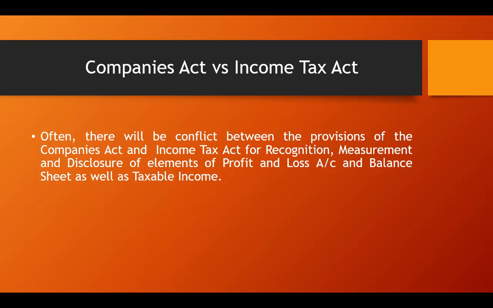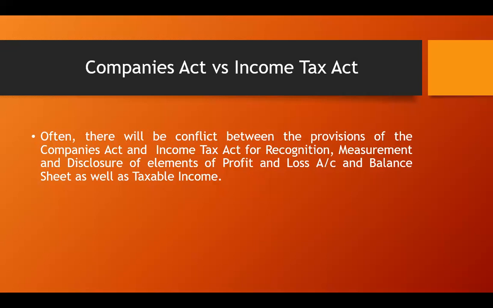How to measure the expenses and income, assets and liabilities. There are different measurement methods. We use those methods. And finally, we disclose the expenses and income, assets and liabilities in the profit and loss account and balance sheet. There is a difference in recognition, measurement, and disclosure of expenses and